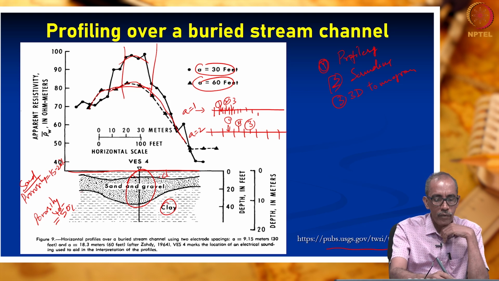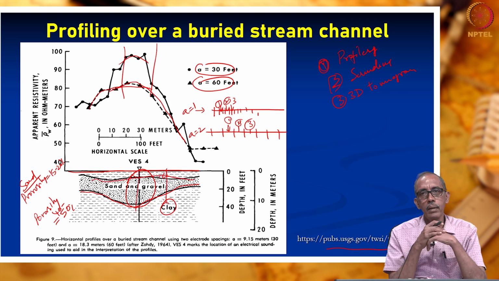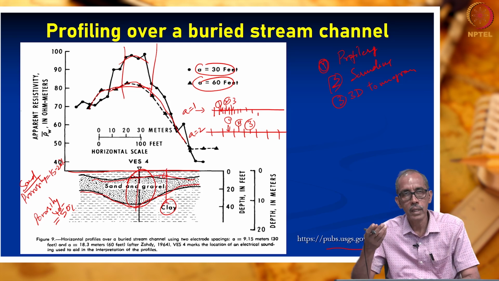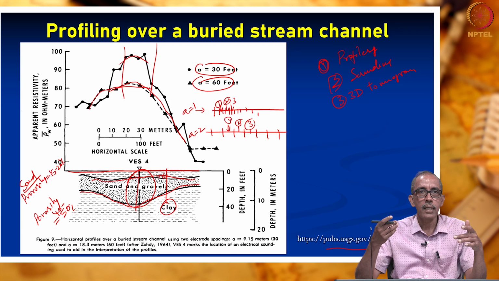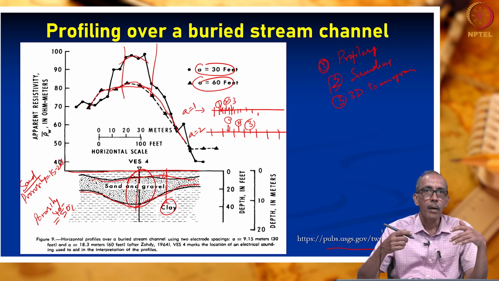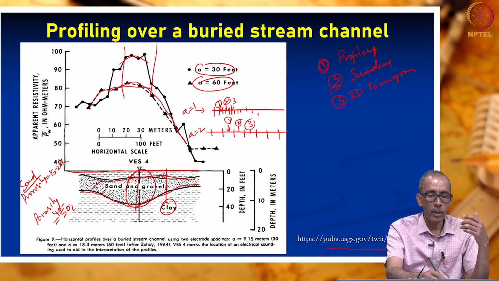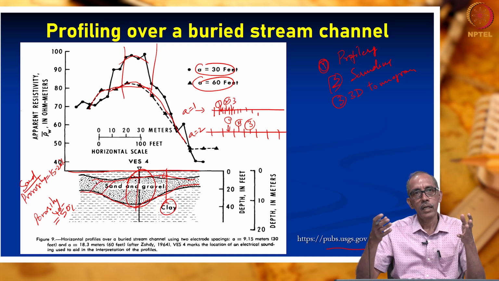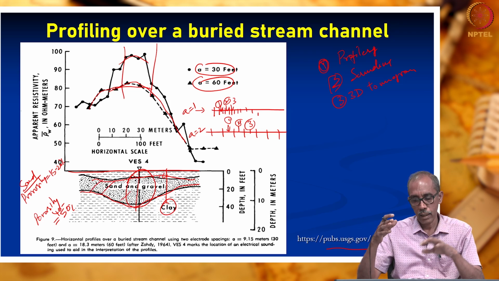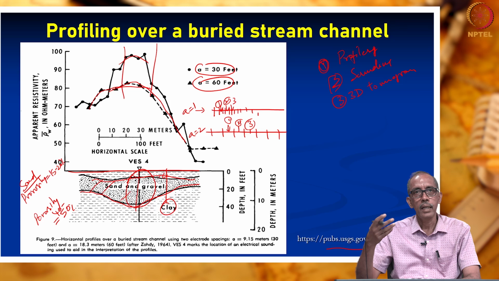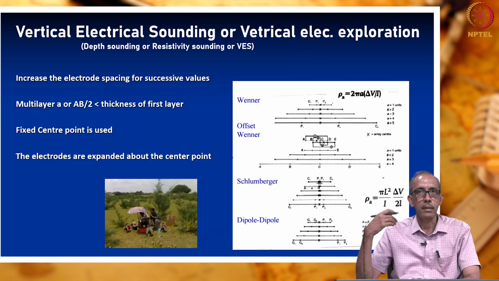The precise configuration cannot be understood; however, we need to do a couple of drillings to bring out the proper geological section. But what is evident is that profiling is able to bring out, possibly in this case, a buried channel. This was the previous channel along which a river would have flowed. Subsequently, the river has migrated and the entire channel got buried beneath the surface. That was brought out by the electrical profiling method.